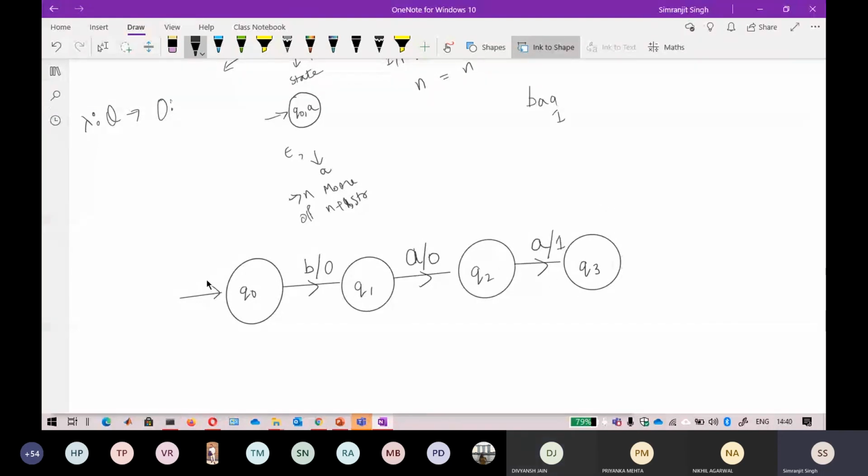Now we only have to complete the transitions. At the starting state, any number of A's can come, and it should always output 0. So the transitions of Q0 on A and B are completed. On Q1, the transition of B is remaining. If I do a self loop of B, that doesn't affect me, and B should also output 0. So B is outputting 0. After that, A is outputting 1, so I do not need to worry about that. Any number of B's can come, and after getting two A's, it will output 1. That is also correct.